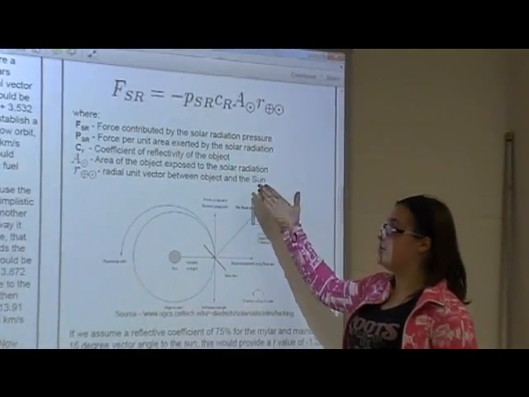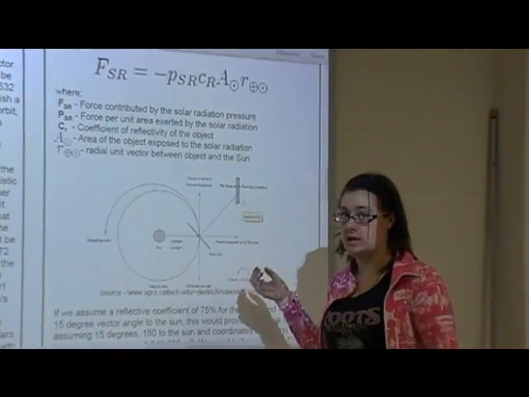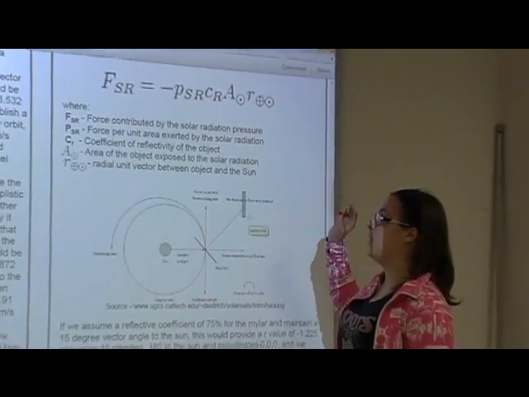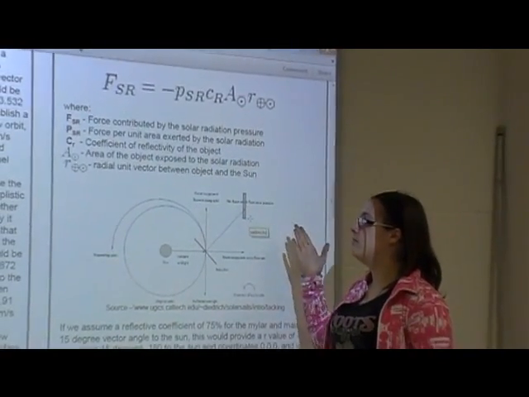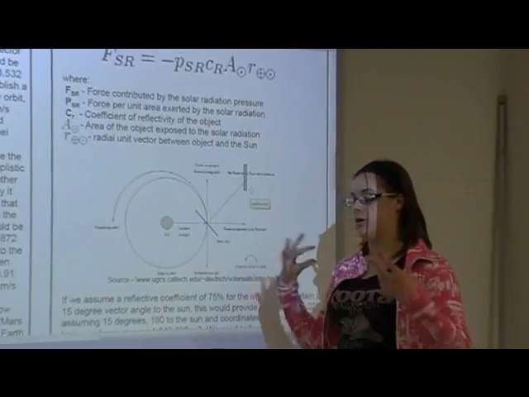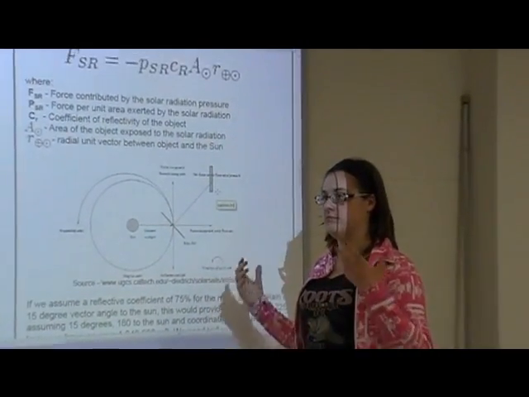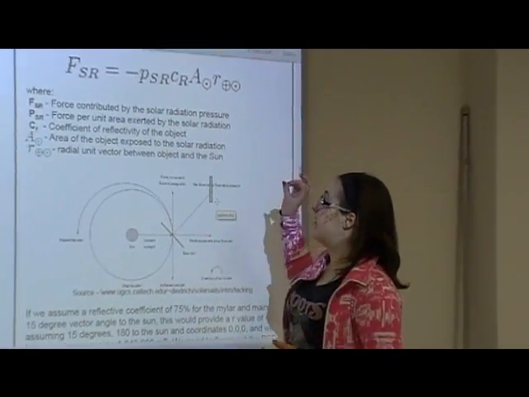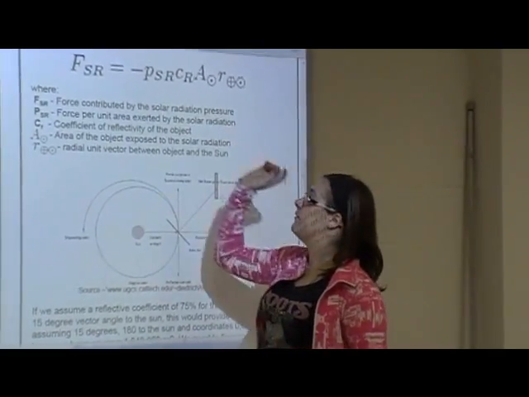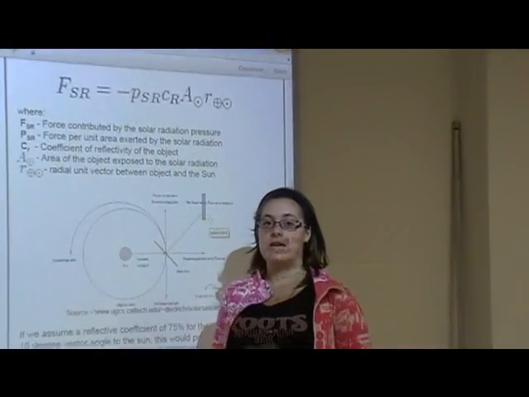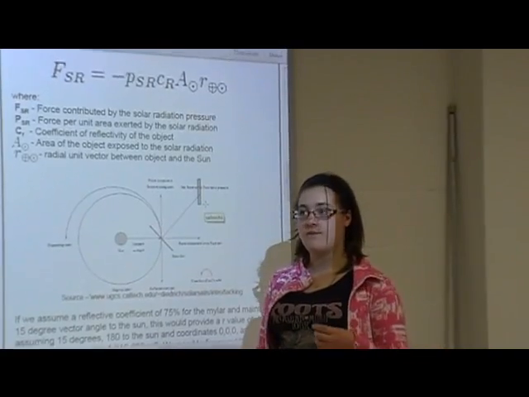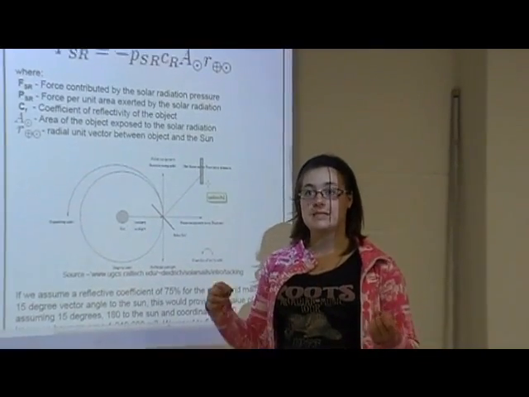And the area of the object, which is exposed to the solar radiation, is also key, as well as the radial unit vector between the object and the sun. So it's just basically where the solar sail is in comparison to the sun. And basically, I knew that the value for FSR, which was at Earth, it's 9.15. However, at Mars, it's about